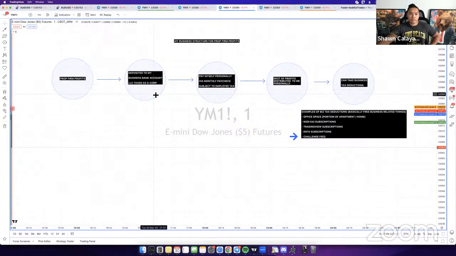So for me, I do an LLC, taxed as an S corp. You don't really need to make an S corp until you start making a lot of money. Once you start making over 75K, then get taxed as an S corp. Right now, you can start as an LLC. It's going to flow through. And then I pay myself personally. I'm the CEO of my company, so I pay myself over 100K a year. That's going to be subject to employee tax, so that's another tax write-off. I get written off by paying myself a monthly paycheck, and at the end of the year, whatever's left over, I just distribute back to myself. And then you can take business tax deductions. These are just to name a few.